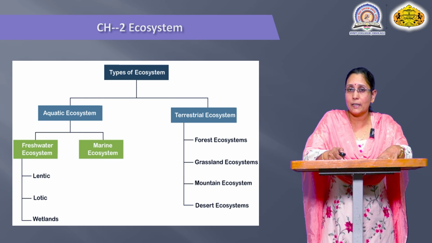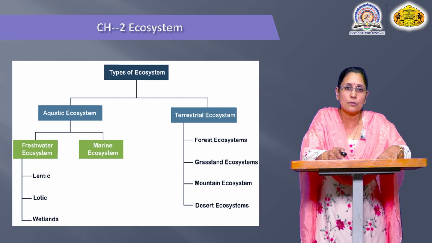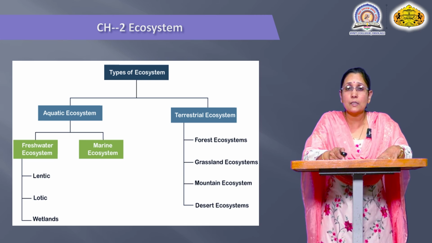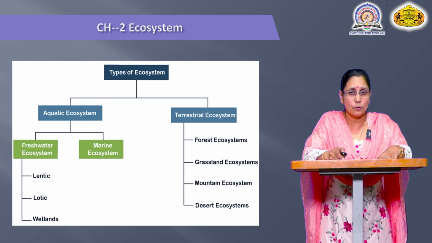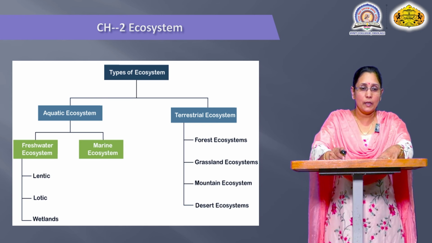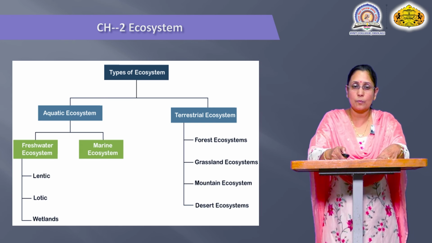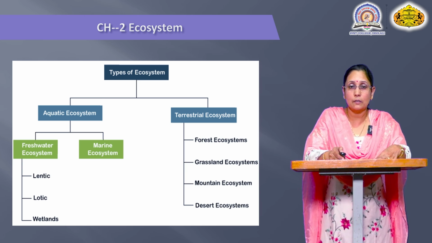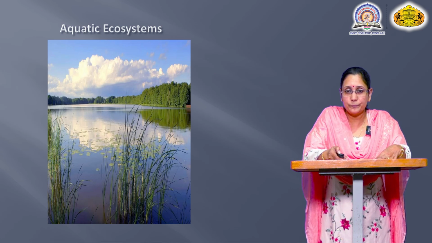So here again we will try to understand which type of organisms, which type of plants, and accordingly which type of animals are there in the grassland ecosystem. Then the mountain ecosystem, which is not included in our syllabus, but we will try to understand the introductory part. Then the desert ecosystem. Remember, the desert ecosystem is also an important one because it is totally different from the previous two, forest and grassland. So these are the types of ecosystem. The detailed ecosystems we will try to understand in the next lecture.